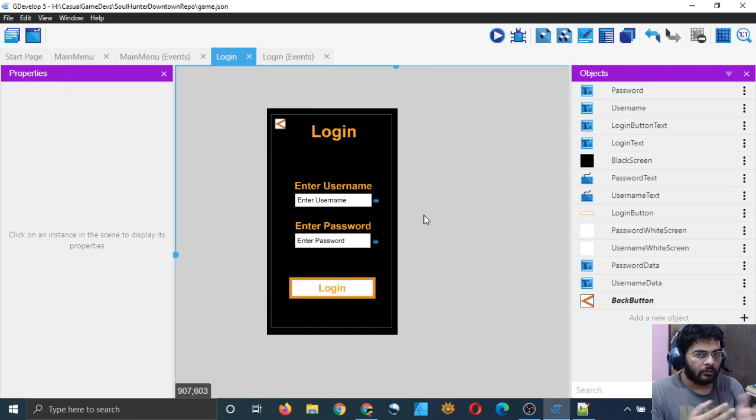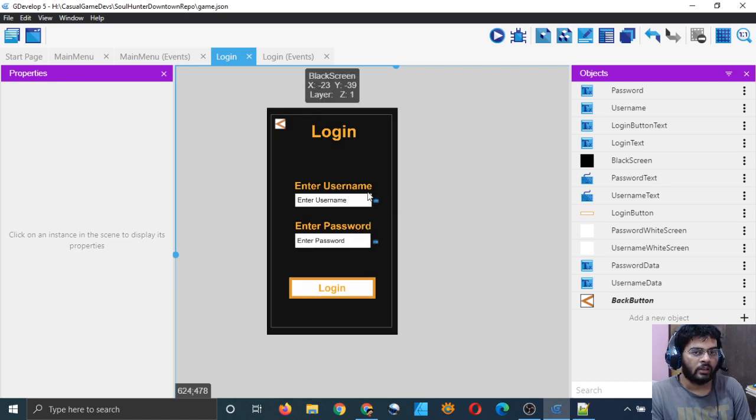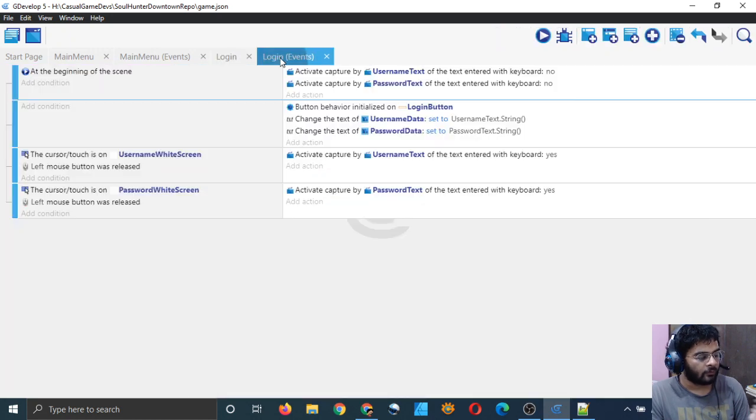And when will we click out of it? That's also important. If our mouse clicks anywhere else, which is not this box, then we should deactivate our username text entry object. We should deactivate both of them, username text entry object as well as password text entry object, if we click anywhere which is not these boxes. But we'll have to do it separately for each one.